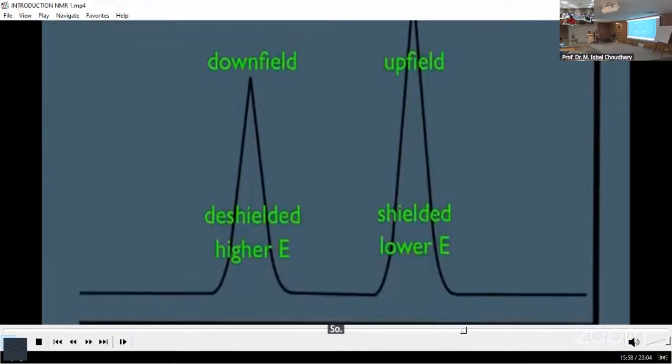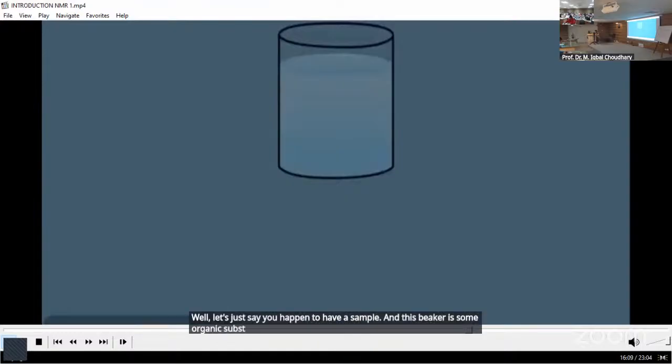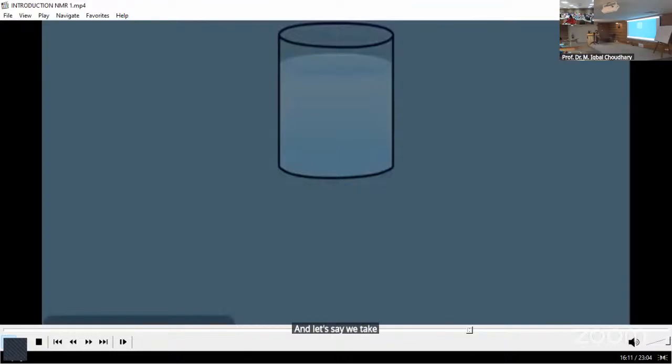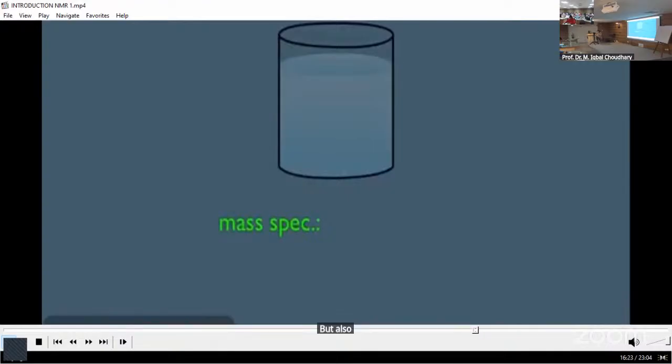So now, finally here, what does this NMR machine do for us? Well, let's just say you happen to have a sample. In this beaker is some organic substance. And let's say we take this substance right here and we run it through the mass spec. We learned how this machine worked in a previous online lecture, and remember, it had the ability to deliver not only the molecular weight of a compound, but also the possible molecular formula. And let's just say the mass spec happens to say that our sample is